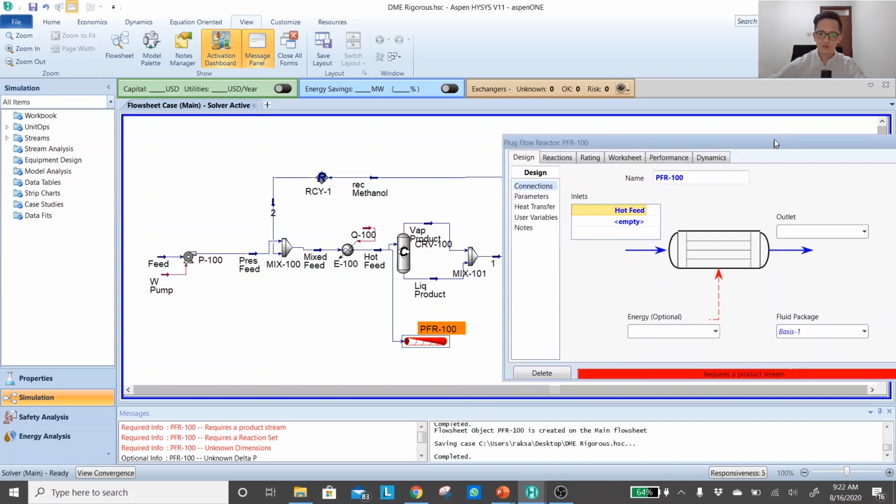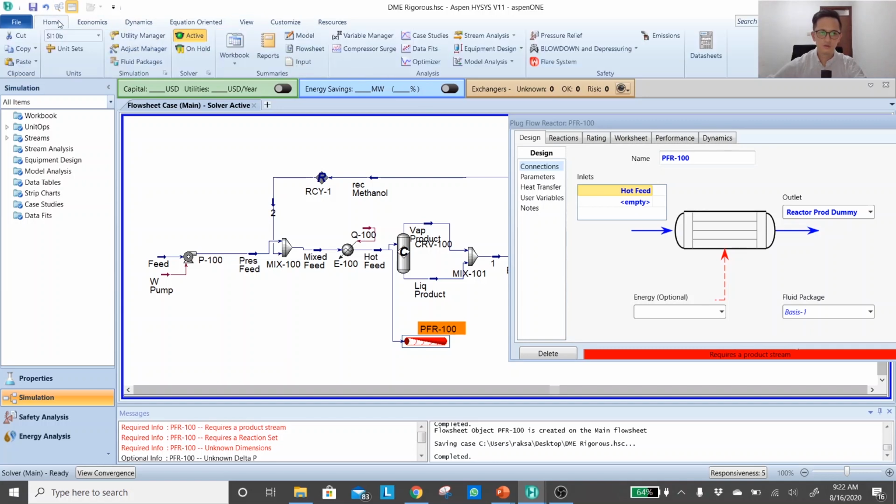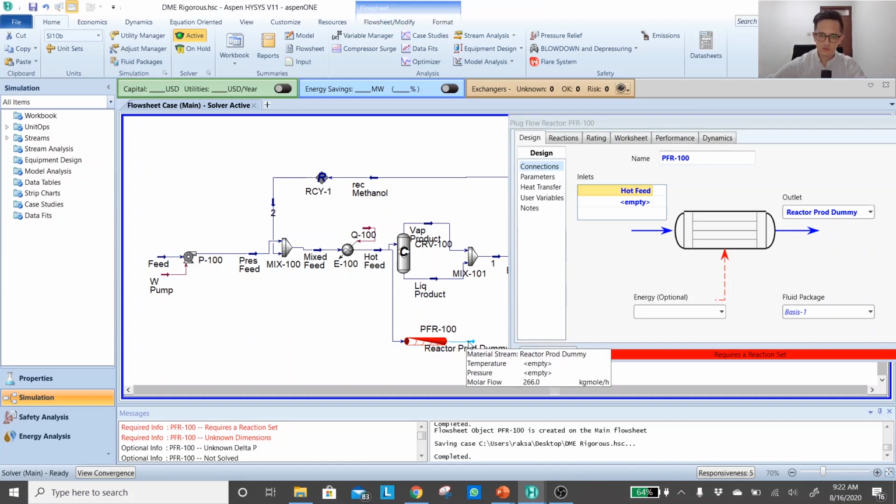For the outlet, I'm going to, let's say, give a name, reactor product dummy. Okay, so once you do that, the flow sheet looks alright. Then you just follow the instruction from HYSYS.